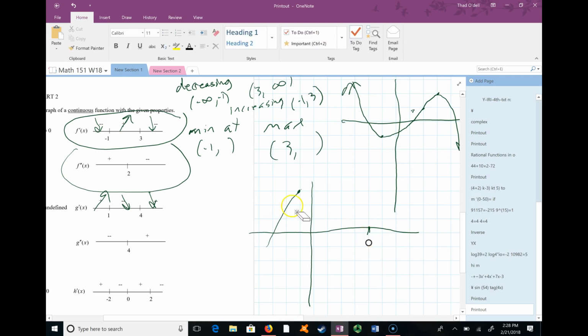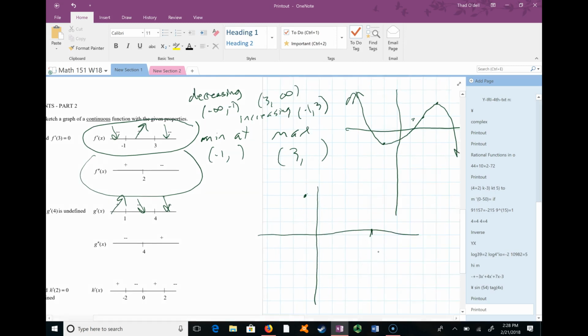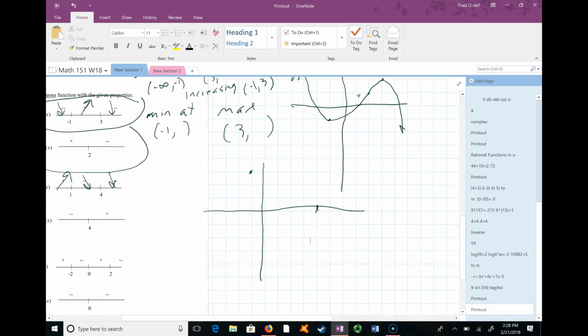let's do this again. So here's my point. And again, I'm just randomly picking these points because I don't know where they actually are. If we had an actual equation, we could find out where they are. But I'm going up, up, up, up, up, up, down, down, down, down, down, down, down. And then here,